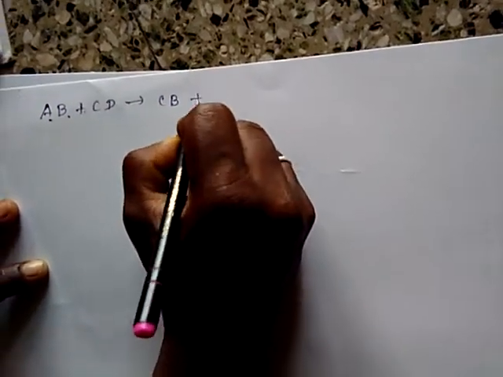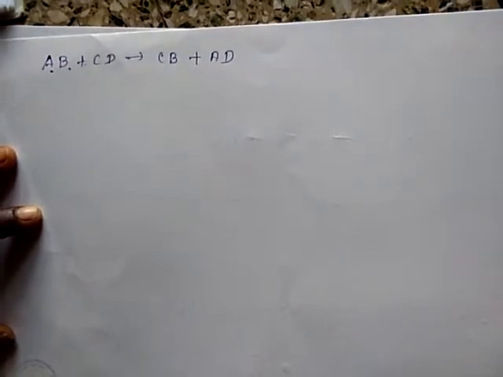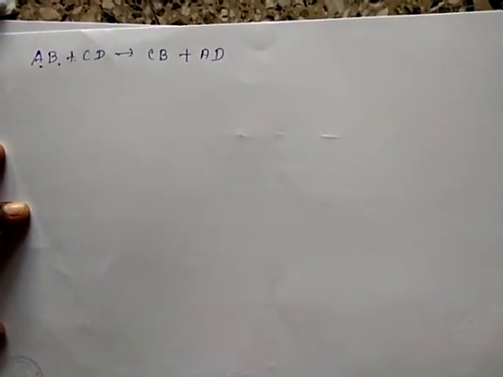AB and CD. Now there is an exchange of ions and we get two new compounds. AB plus CD gives CB plus AD. This is a double displacement reaction. Now you may be thinking, do we need to use the reactivity series for a double displacement reaction?